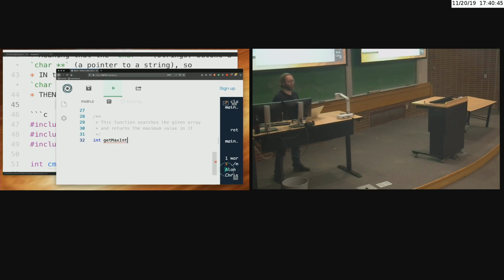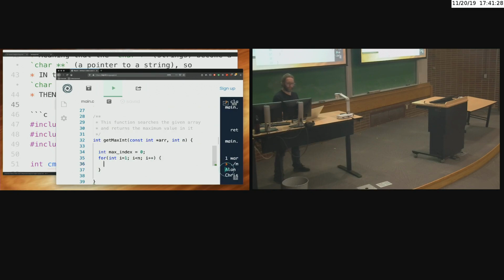And to really drive home the point that this is kind of a useless function, or its use is limited at least, I'm going to name it getMaxInt. It takes a const int star array and the size of the array, n, right? And everybody here could probably do this with their eyes closed at this point. I'll go ahead and have an int max index that's going to be initialized to 0. Of course, you'd want to do some error handling at the front. That's standard. But then I'm just going to have a basic for loop here. I'll start at 1, go all the way to n-1, i++, standard idiomatic for loop to iterate